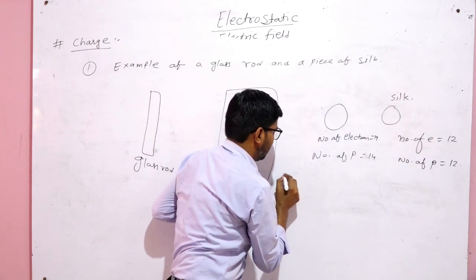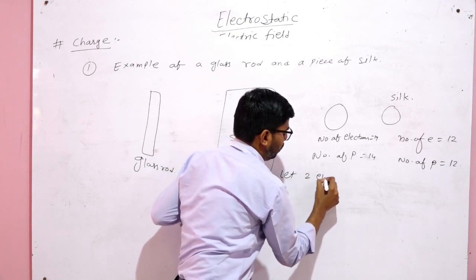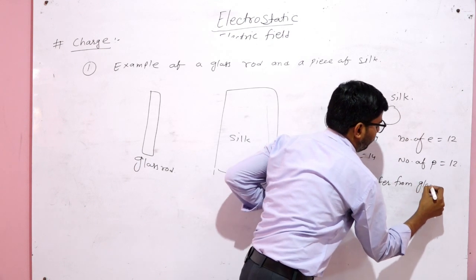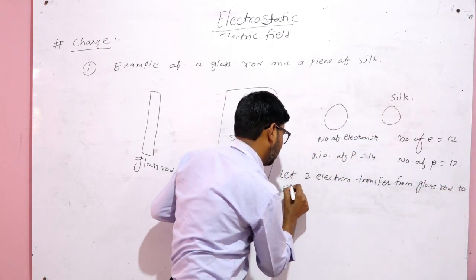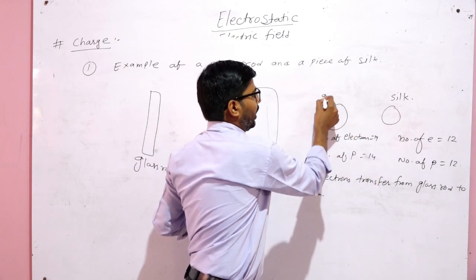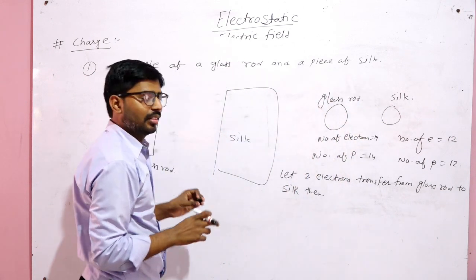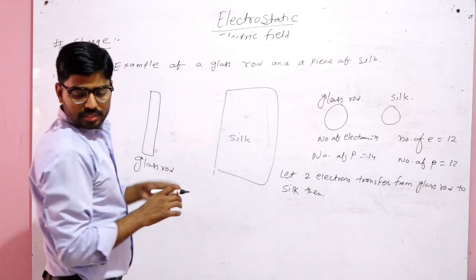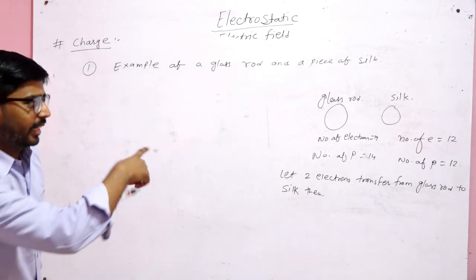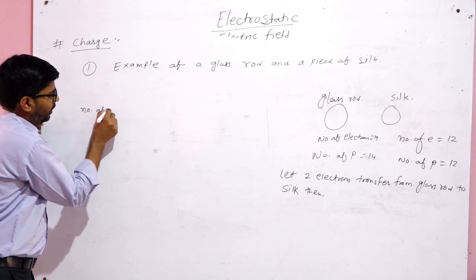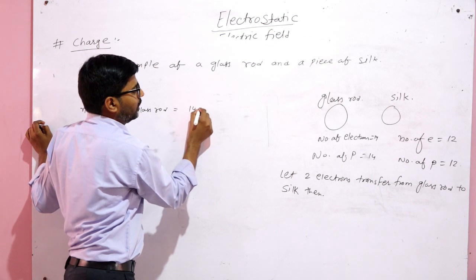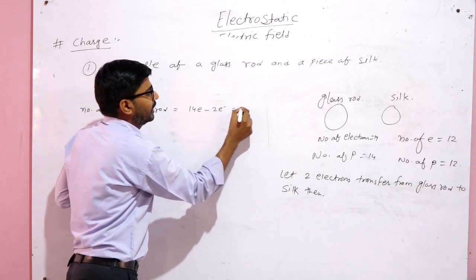Suppose 2 electrons transfer from glass rod to silk. अगर यहां से 2 इलेक्ट्रॉन इसके पास ट्रांसफर हो गए तो क्या होगा? What happened is that the number of electrons in the glass rod changes; draw the diagram. Now after transferring, the number of electrons in the glass rod: पहले 14 electrons थे minus 2 electrons हो गए, then it becomes 12